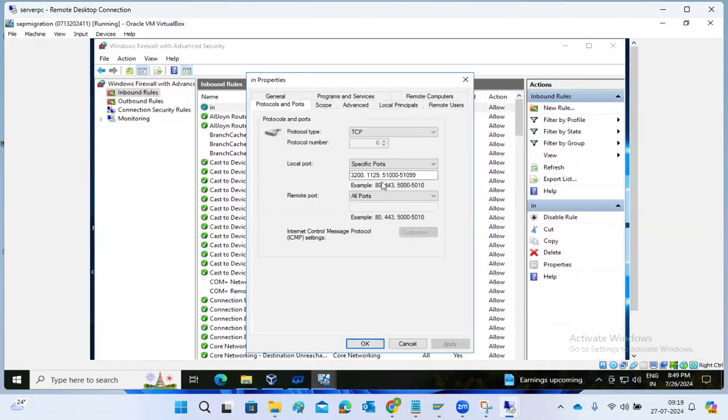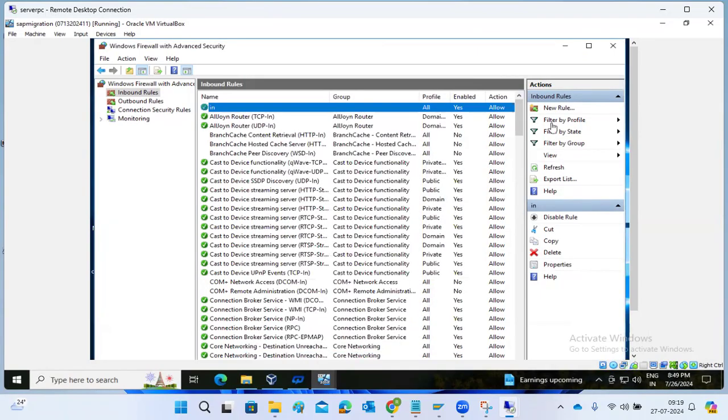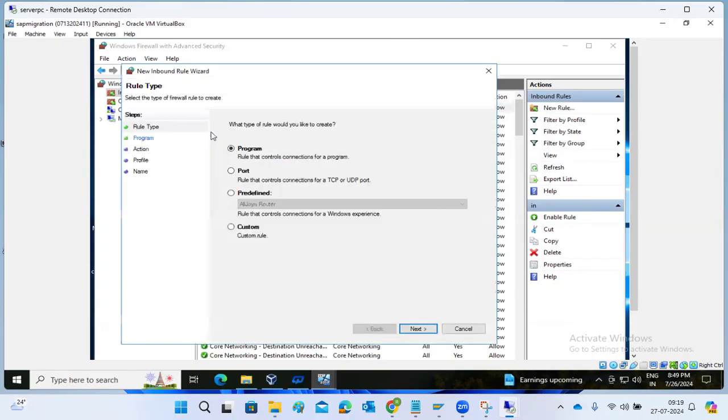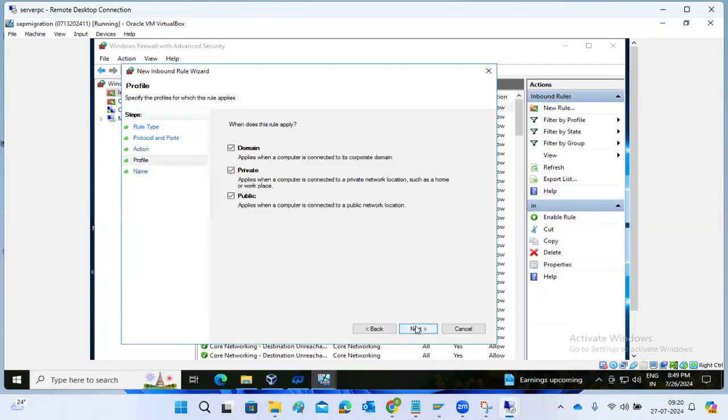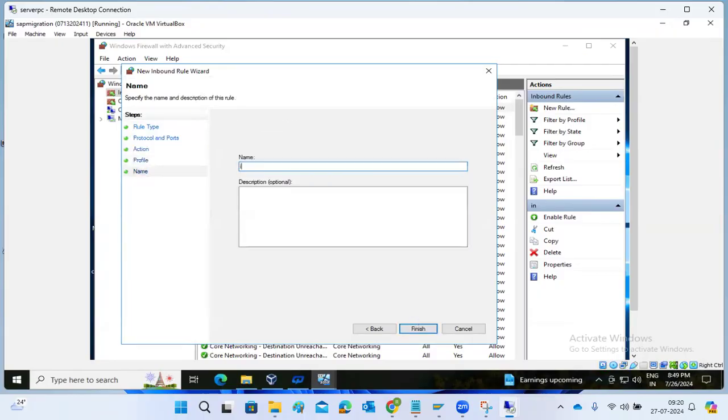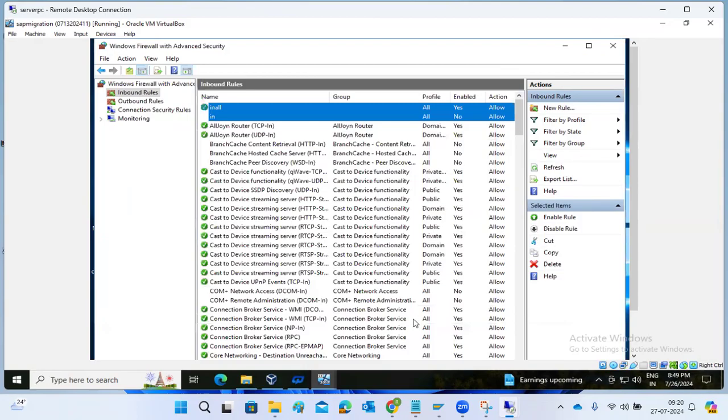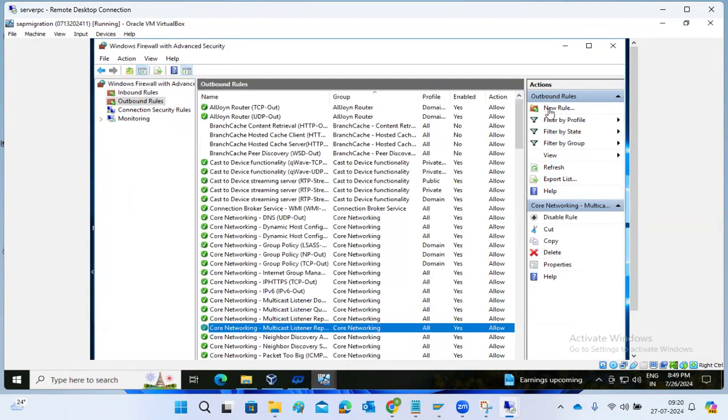So currently these are the ports configured in the system. If I temporarily disable this rule, then I can create a new rule which accepts all the ports, to eliminate whether it is a port issue or whether there are any other issues in the system. Inbound, all the ports, I have configured it here. Outbound also, let me configure